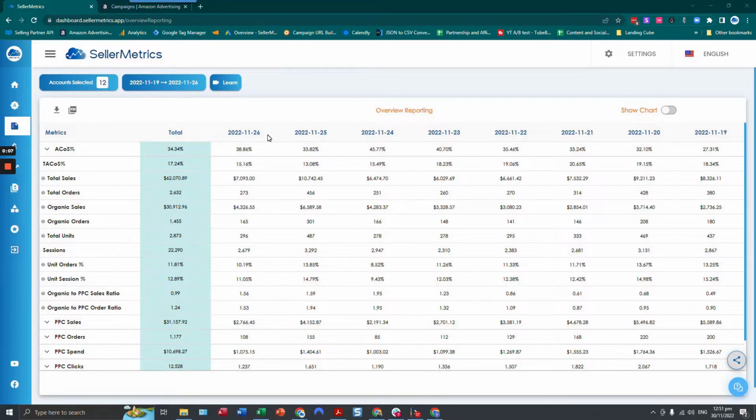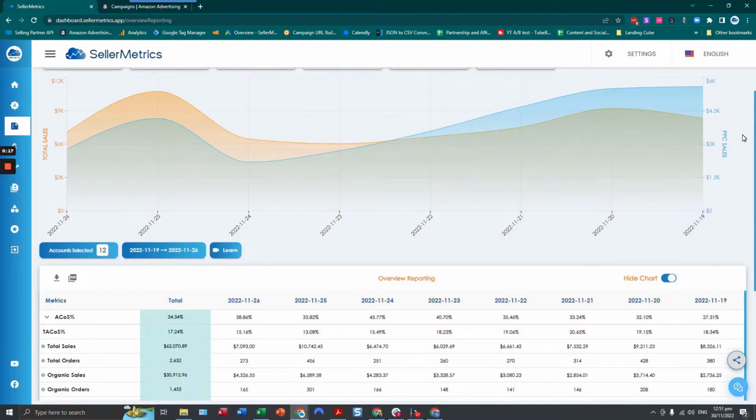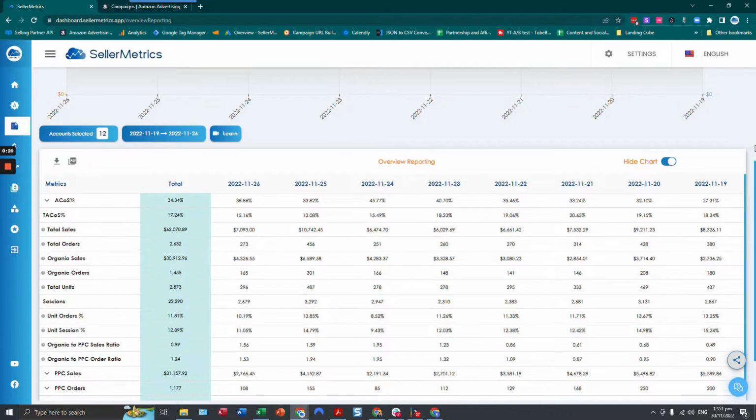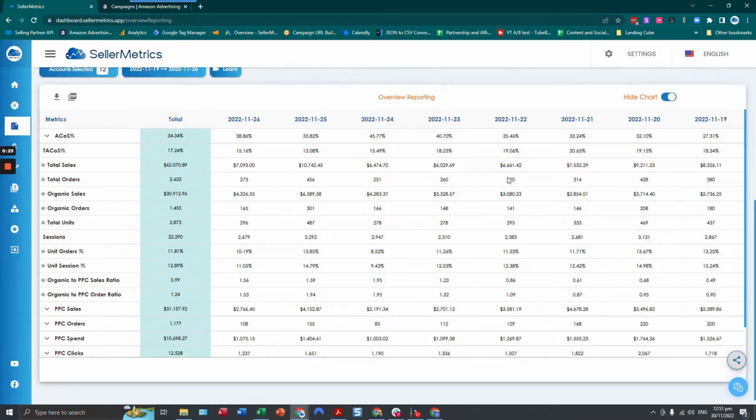This report allows you to see your main metrics through time by individual days, and you can see how it trends by activating the chart here. What's great about this for sellers is that for this particular report, you could see how your Amazon PPC stats compare to your top line sales stats through time, since now SellerMetrics is able to connect to